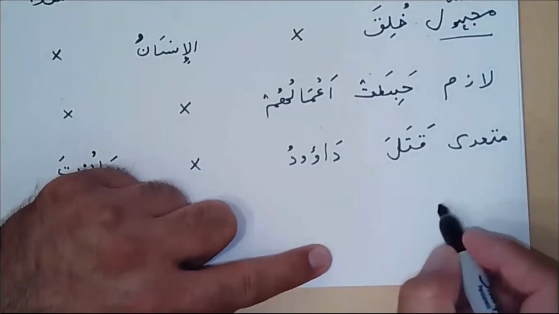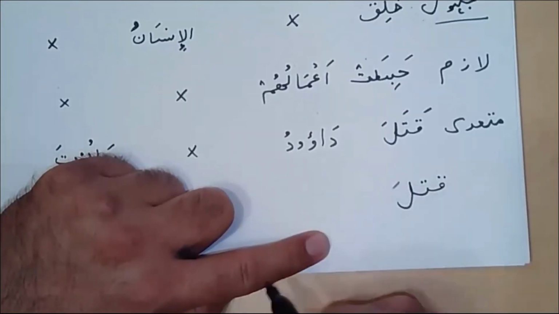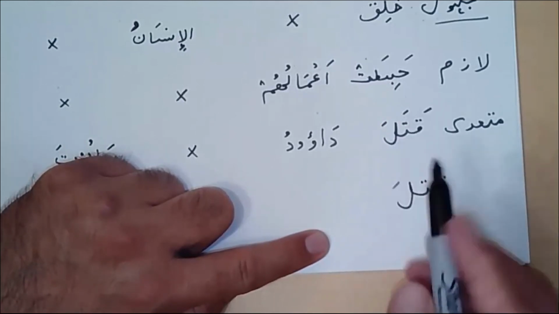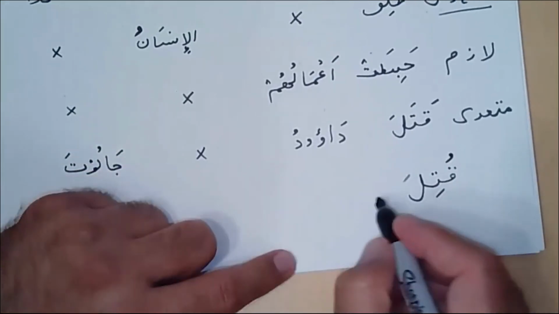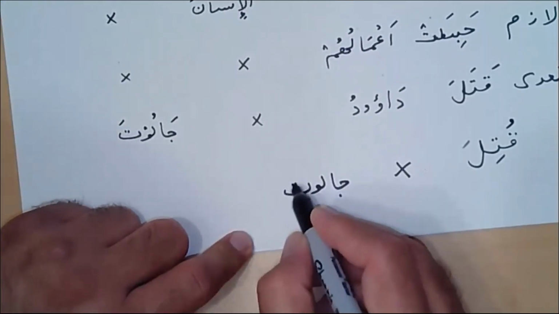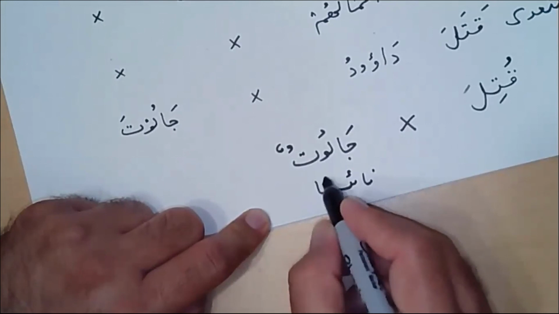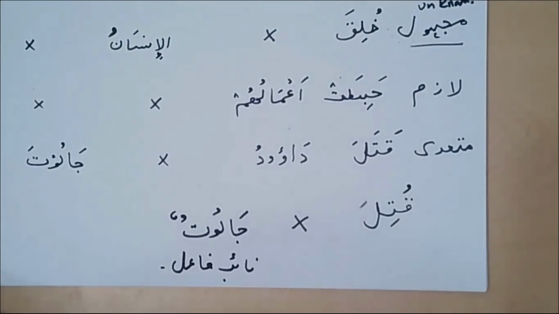We're going to first write down the word without any harakas. The last one was fatha. Is this mazi or mudare first of all? Mazi. Then we have a kasra here and the qaf will have dhamma: qutila. Then Dawood we're going to be hiding it and we're going to say Jalutun. And that will become naib fail, the maf'ul, so we turn that into a naib fail. Making sense? Yes. Alhamdulillah. This is what I wanted to clarify today. Okay. So this is done.